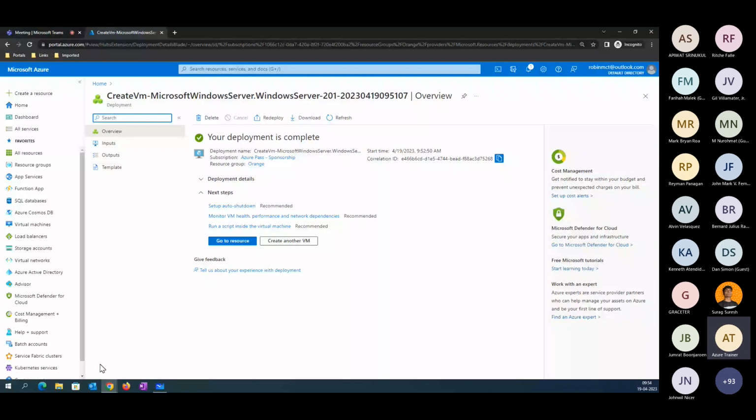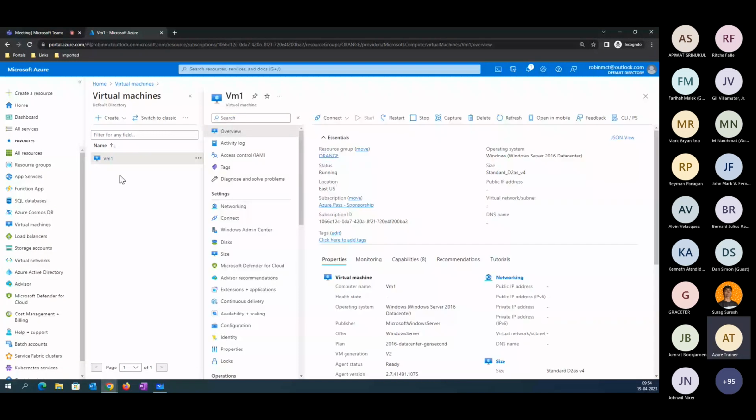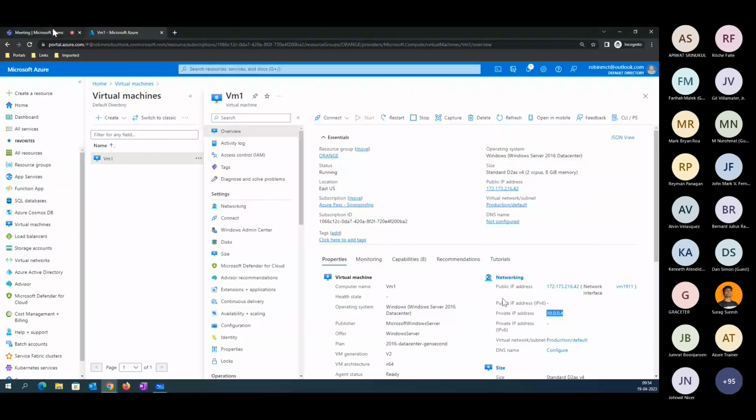Right now you may be able to see that VM1 has been created. If you go to the virtual machine, you can see VM1 has been created here. If you go to the properties here, you may be able to see the first IP address you have received is 10.0.0.4. That means the moment you create a VM,